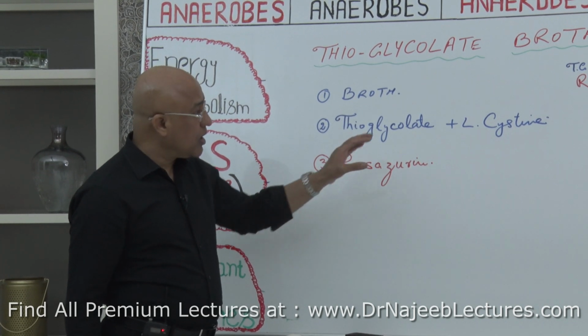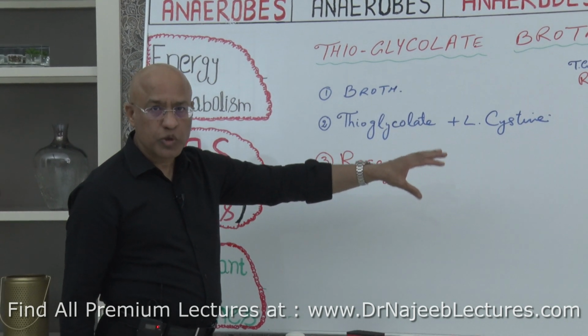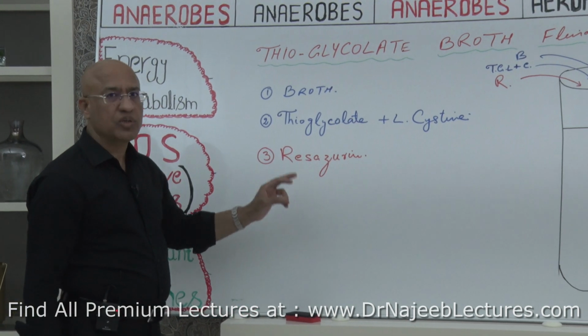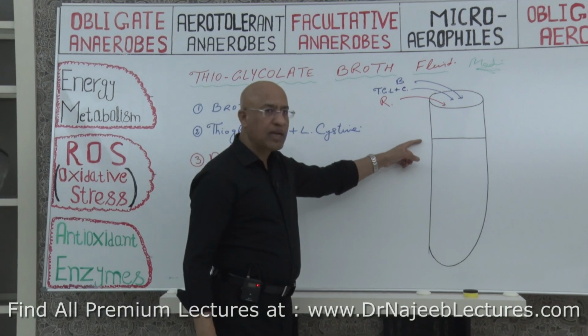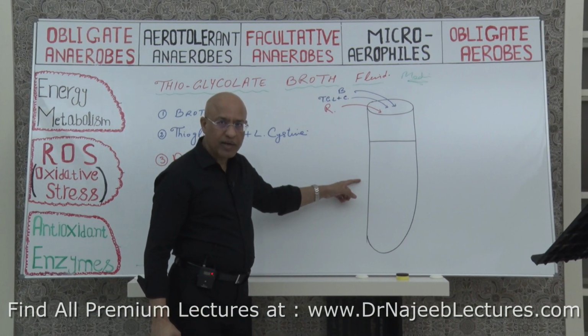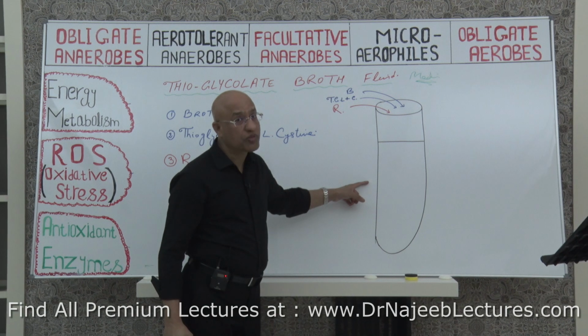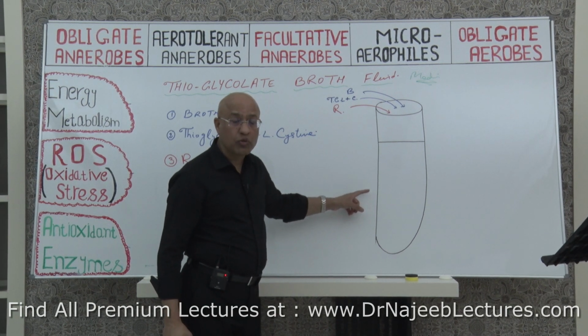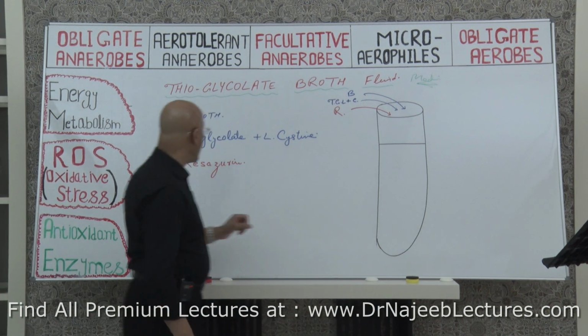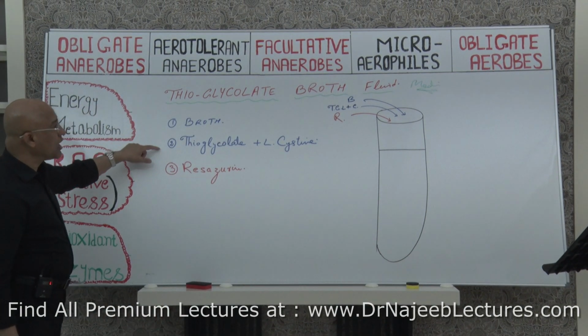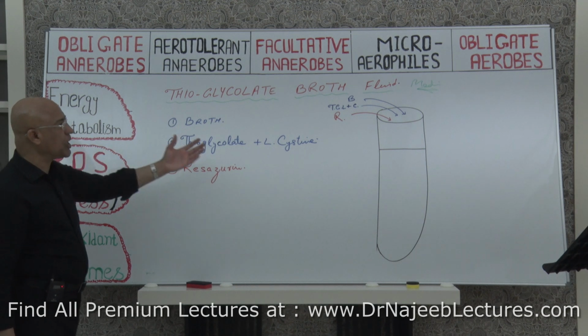When you add resazurin into this tube, it will react with oxygen and turn pink. It means in this tube, wherever there is pink color, that indicates oxygen is present. And where there is no pink color, it means oxygen is not present, because broth makes a yellow color,